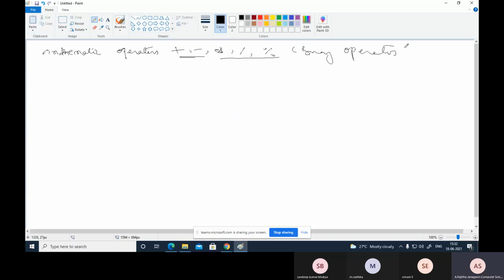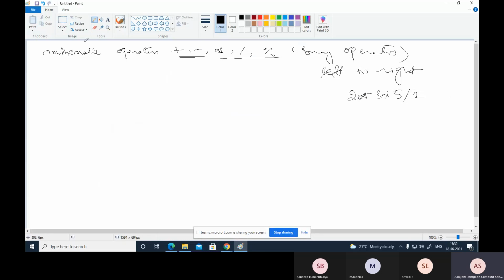So associativity, how is it for us? Associativity is left to right. So binary operators associativity is left to right. Evaluation, suppose 2 into 3, 5 divided by 2, like that. So associativity from left to right.